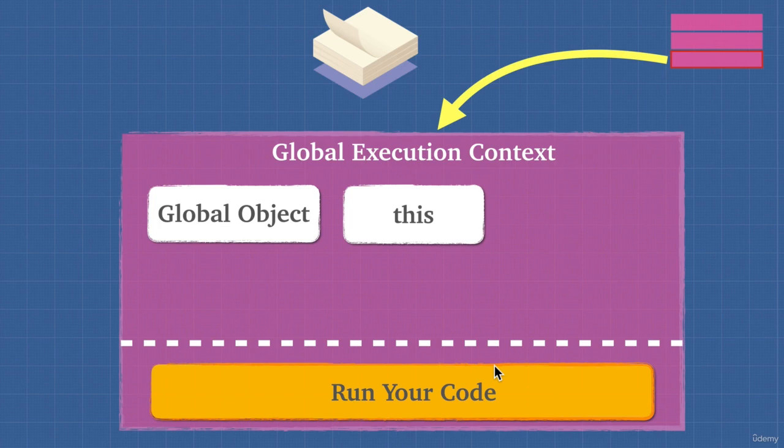All right, I think you're sick and tired of me saying global execution context over and over, but hopefully this made sense to you because in the next